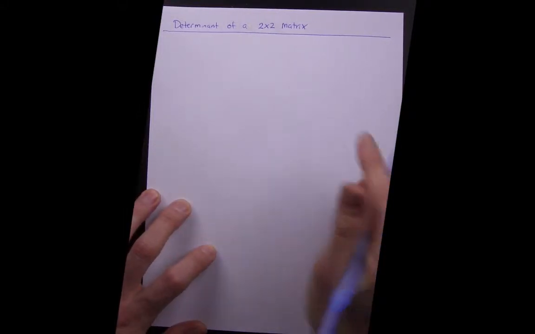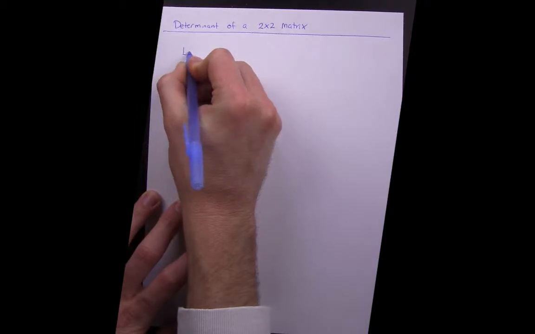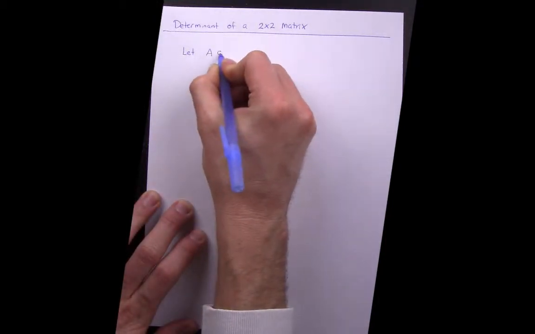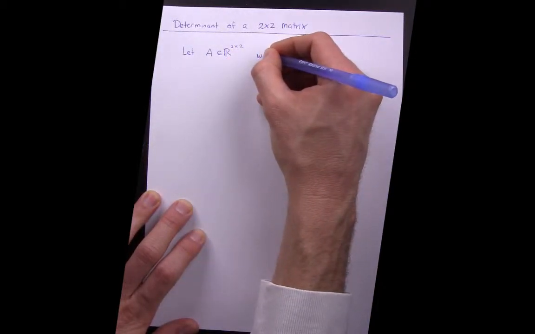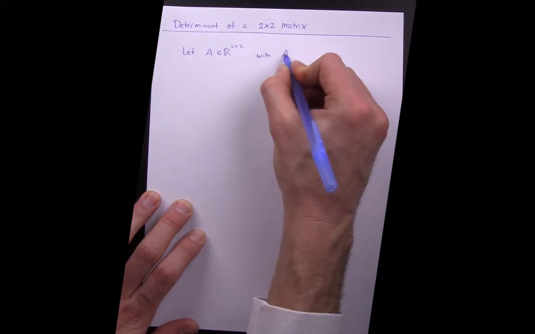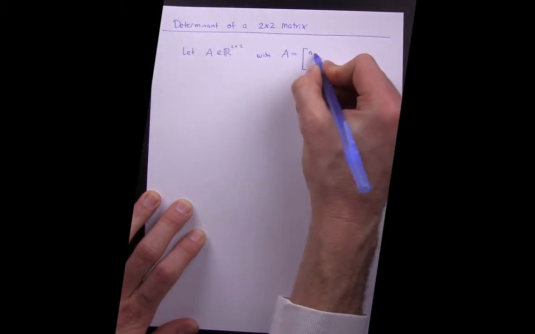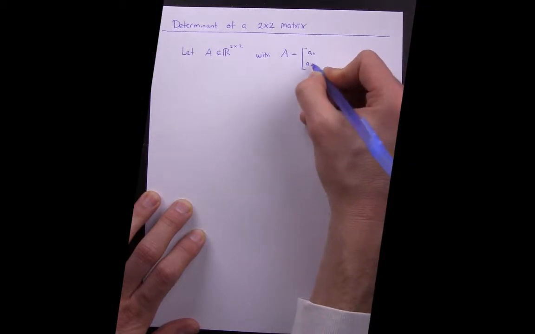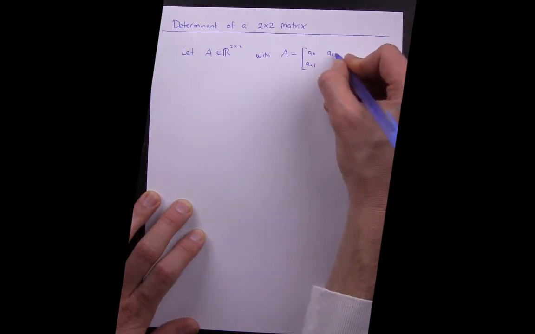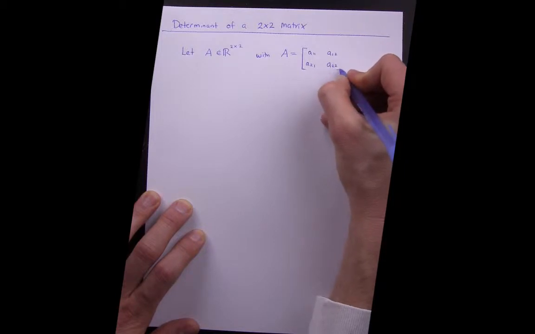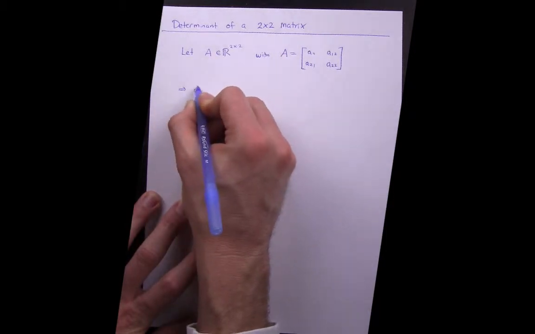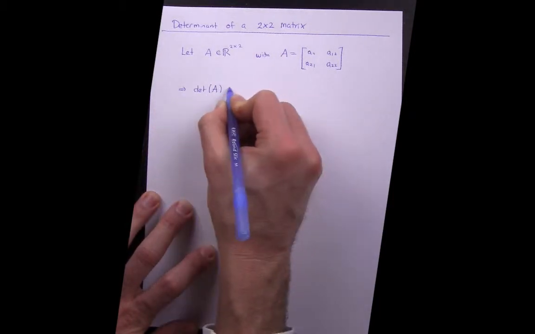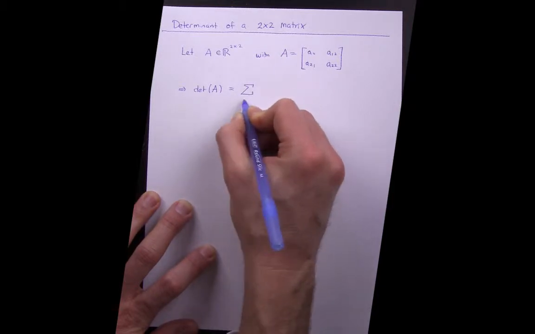Welcome back. Finally, we're going to finish this series by looking at the formula for a determinant of a 2 by 2 matrix. We recalled that we can write each coefficient in the 2 by 2 matrix using its row and column index: 1,1, 2,1. Here we start in the first row and second column, and then here the second row and second column. By definition, we said that the determinant of our matrix was going to be the sum over all permutations,